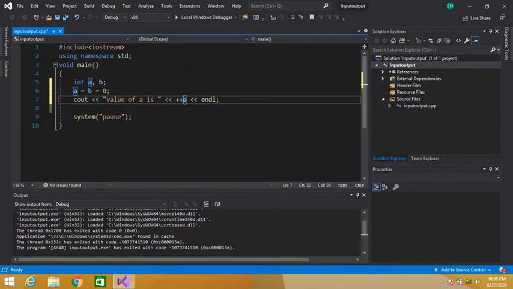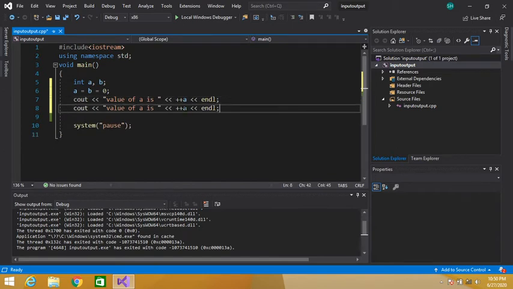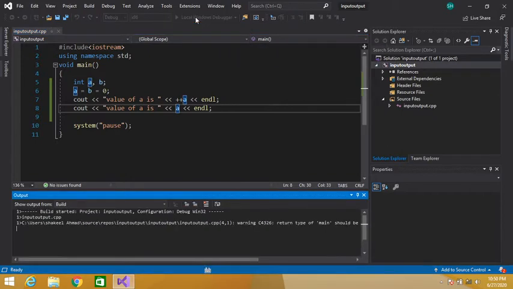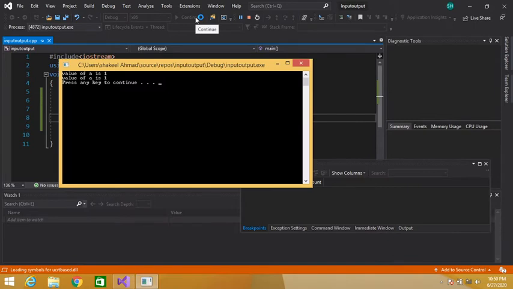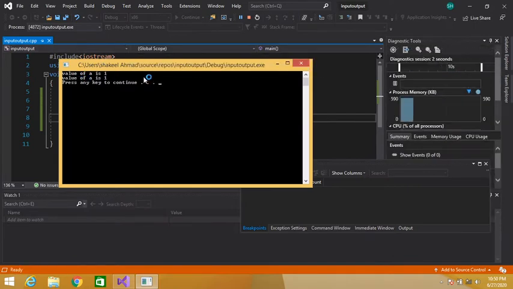So let's copy this one more time. And remove this plus plus. So value of a is 1, value of a is 1.